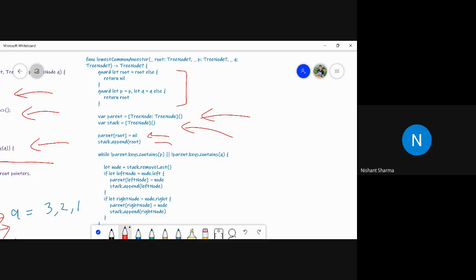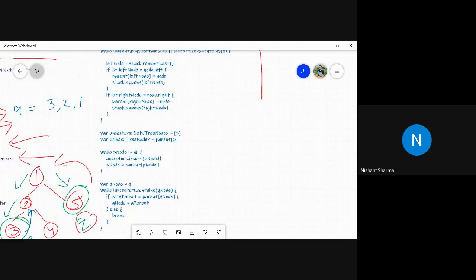Then we append the root element into the stack. Then again, we write the while loop with the condition that we will traverse until we find both P and Q. We traverse both the left and right node, store the parent node information for the left and right nodes, and append the left node and right node into the stack itself. So that's the logic here.